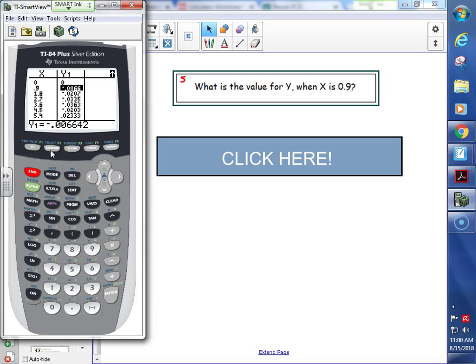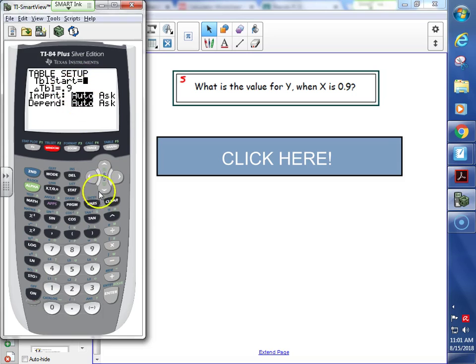And if anybody has a yellow button, does anybody have a yellow second button? Oh, there's one. Anybody else? Okay. If you have the yellow second button, I don't think that plus sign actually works. And you would need to go to second window. And you can make that change here, what number to start with and what to go by, 0.1s or 1s